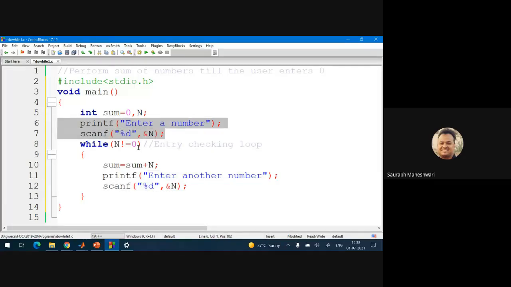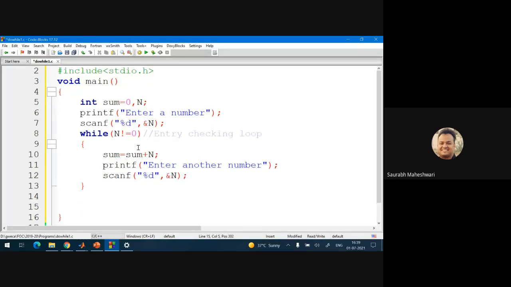So this brings a requirement: what if we have a kind of loop which runs the body first and then checks the condition? This is the variation that is called the do while loop. Now see the syntax of do while.